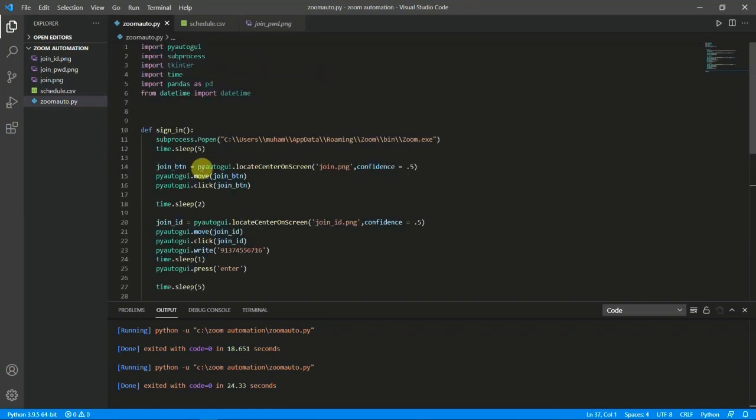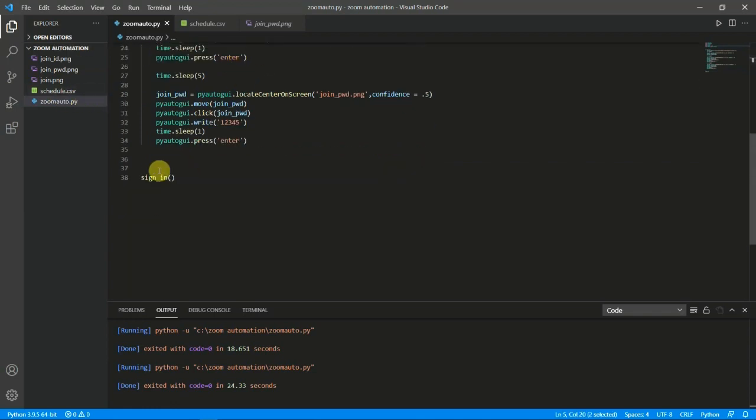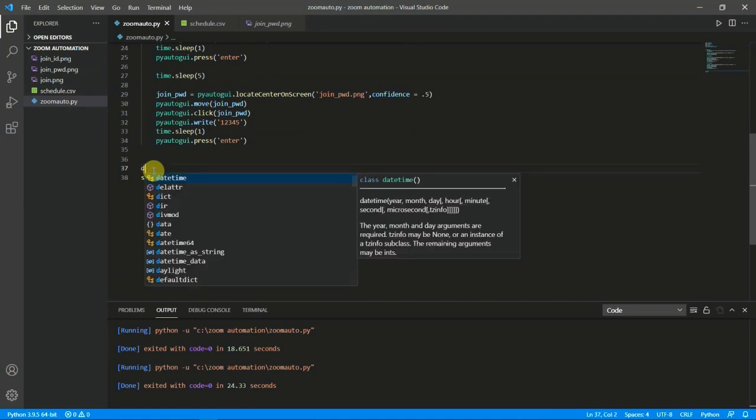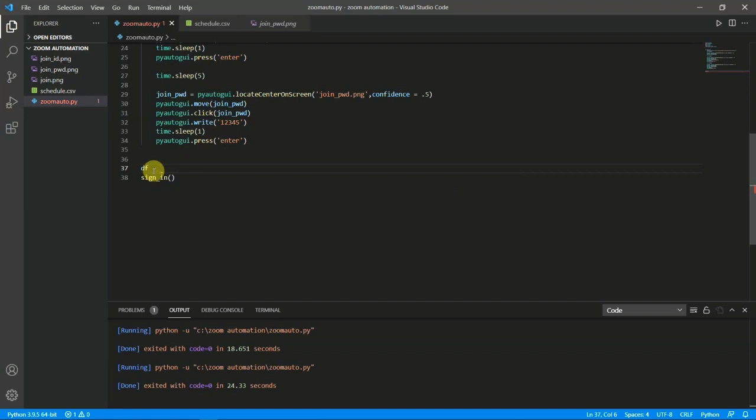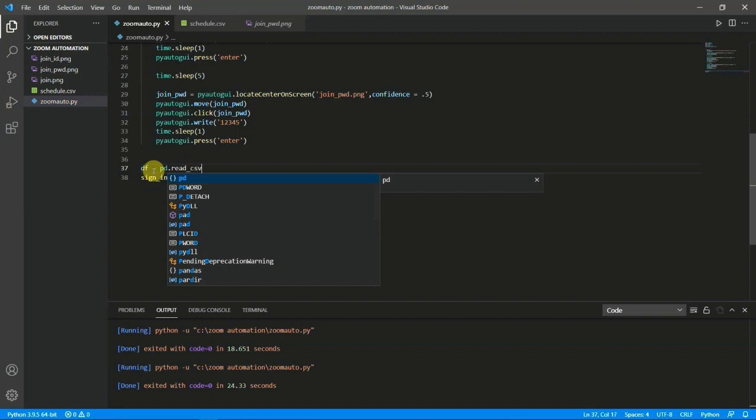To read the CSV file we are using pandas. This module helps us read the CSV file, and we have named it pd. So we will write a variable df is equal to pandas dot read_csv,